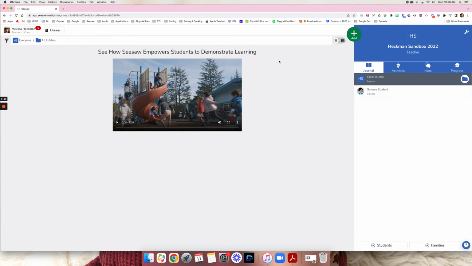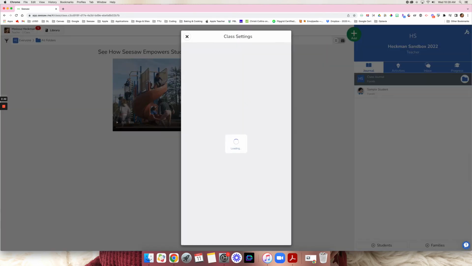But remember, for your Clever created classes, during the overnight sync, any new students will be added to your class, and any students who have withdrawn or moved to a different class will be removed. So you should not have to do that yourself. But for any classes that you've created for your tutoring groups, for small groups, or clubs, you will need to remove those students. To do that, select the wrench in the upper right-hand corner,